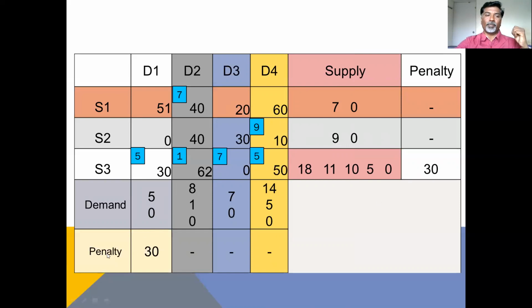We have to select maximum penalty, both are the same. So you can select this 30 cell and allocate the remaining demand and supply. Demand is 5, supply is 5. We can give 5 units to this cell and subtract these 5 units from demand and supply. So you will get demand equal to 0 and supply equal to 0. Now we check whether all demand values are 0 and all supply values are 0, which means we have solved the problem.